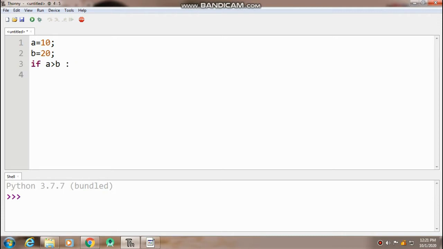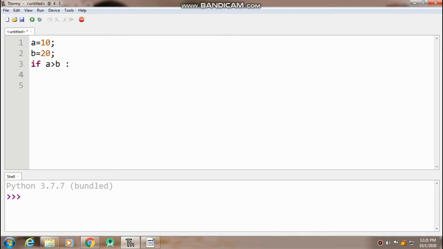Here you have to use a colon, because when you add this colon and press enter, you can see there will be indentation automatically. In Python you don't have to add curly braces; just by typing the colon and pressing enter, the indentation will automatically be there in your IDE.